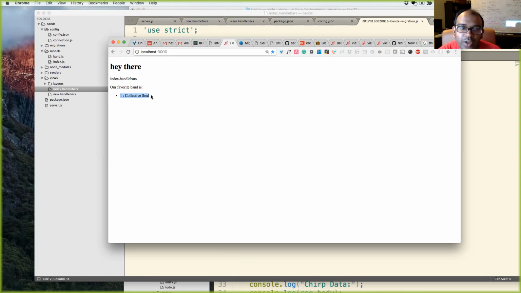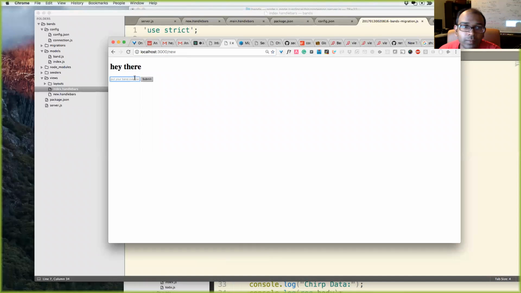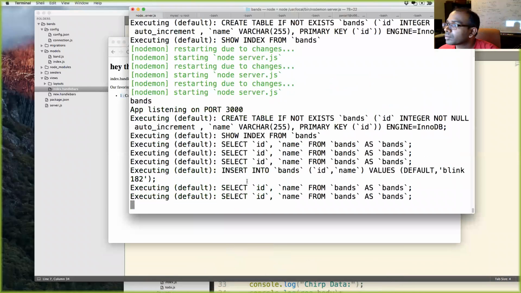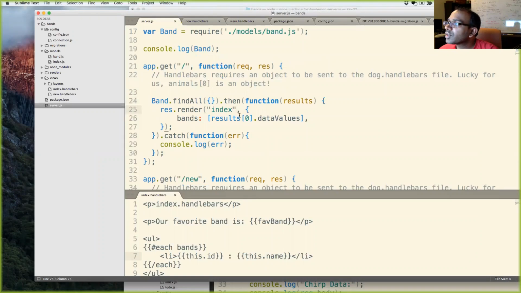All right, so any questions on what I just did right there? None. What I'm gonna do is I'm gonna insert another band in. And let's go back to the main page. And we don't see it here, so let's take a look at what results gives us. So let me console log that out. Server.js.